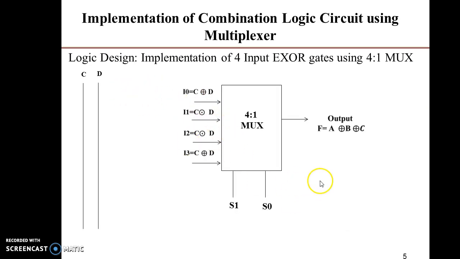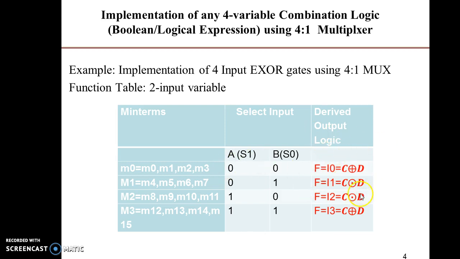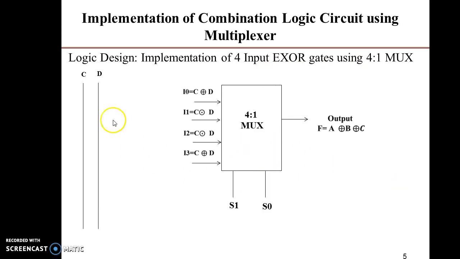So based upon that, whatever logic I can generate is the derived logic corresponding to the implementation of a 4 input XOR gate using a 4:1 multiplexer as a building block. So the variables I am going to eliminate are C and D. So here, indirectly, I am going to derive the logic corresponding to the I0, I1, I2, I3 data input pins. I0 is C XOR D. So here